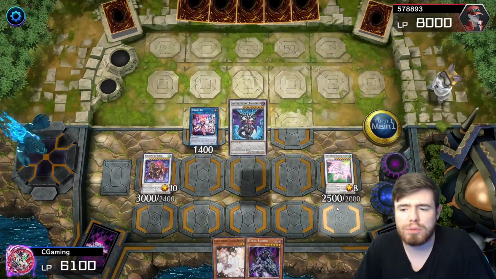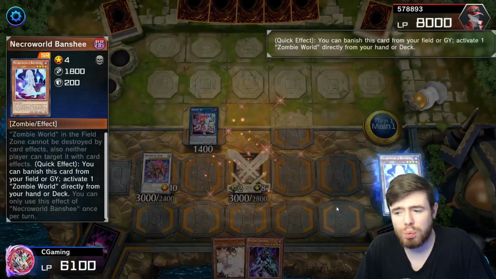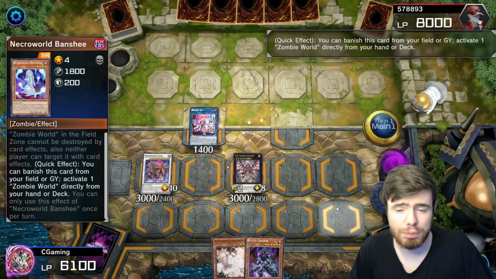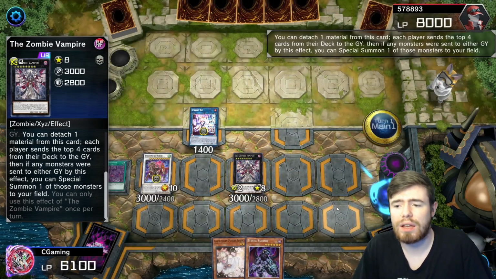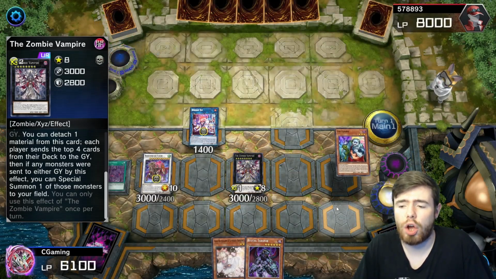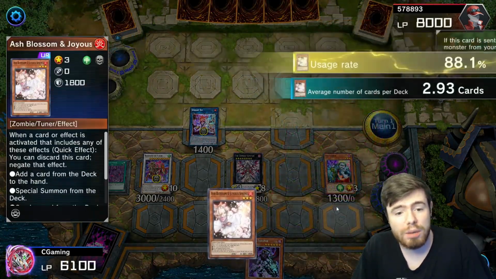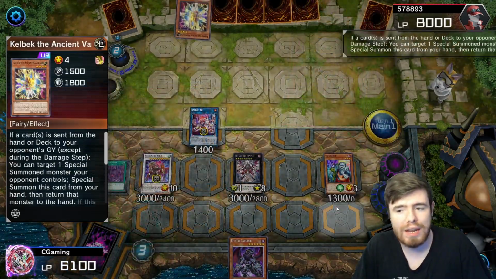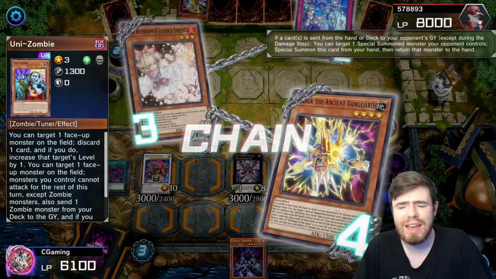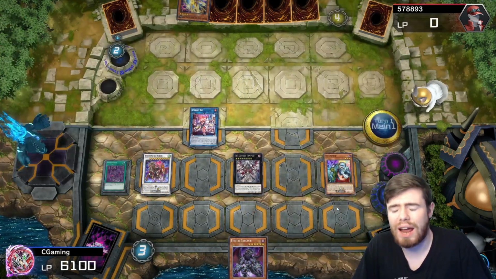Now we've got a couple of options for what we could do here, but we decide the Zombie Vampire is, of course, going to be the best one, because who doesn't like more gas? We're going to go for the Necro World Banshee, activating Zombie World directly from the deck, detaching material to summon out the Unizombie directly from the grave. Shadow Beast and Sulliek both activating in the grave. We are going to hit that Sulliek with an Ash Blossom, though that is going to shut that down to at least some extent. Kelbeck activating, unfortunately, to hit our Unizombie to return it back to our hand, which does kind of suck,